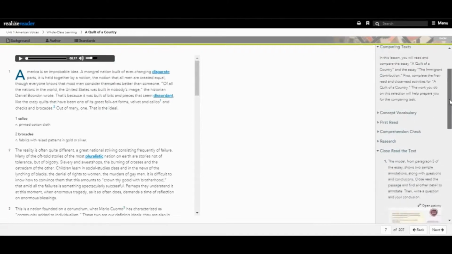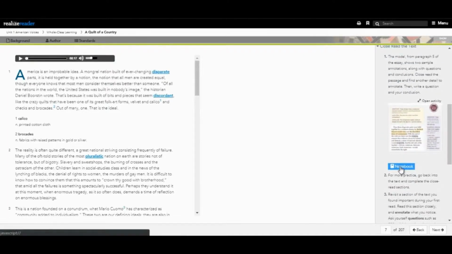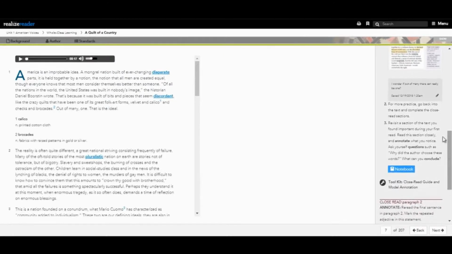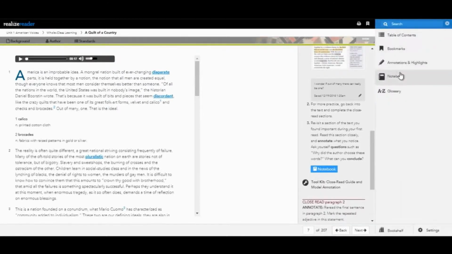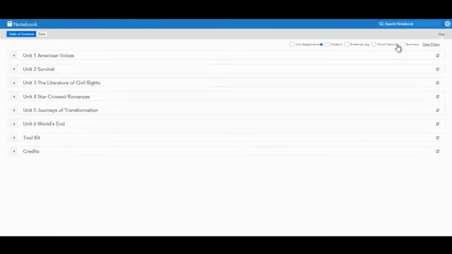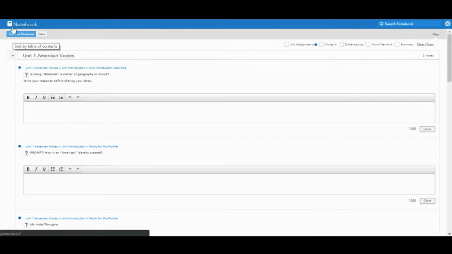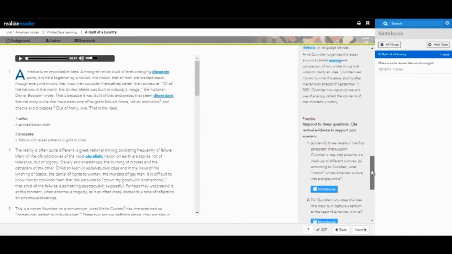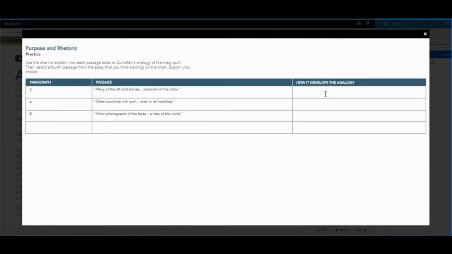No more lost assignments. Students can enter answers to prompts directly into their inline digital notebook and turn it in for teachers to review and assess. Students can access their notebook from anywhere in the interactive student edition using the menu option. They can skip directly to their notebook and see a listing of all notes. Interactives are embedded and available at point of use so students can complete and submit it directly to their teachers.